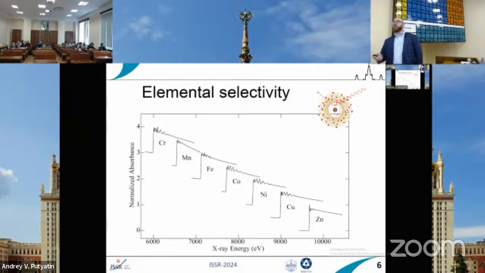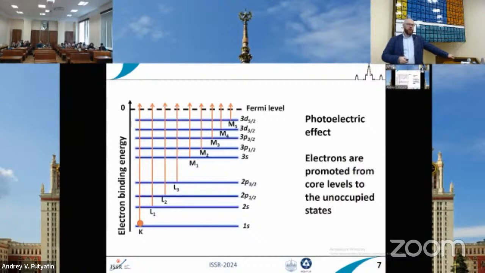Of course, sometimes there are some intersections of energies. For example, zirconium has a very close absorption energy to the actinides. So there can be some problems if there is a mixture of zirconium and uranium, for example. But in principle, you can divide this spectrum. So again, the principle that underlies XANES spectroscopy or X-ray absorption spectroscopy is the photoelectric effect, and we already